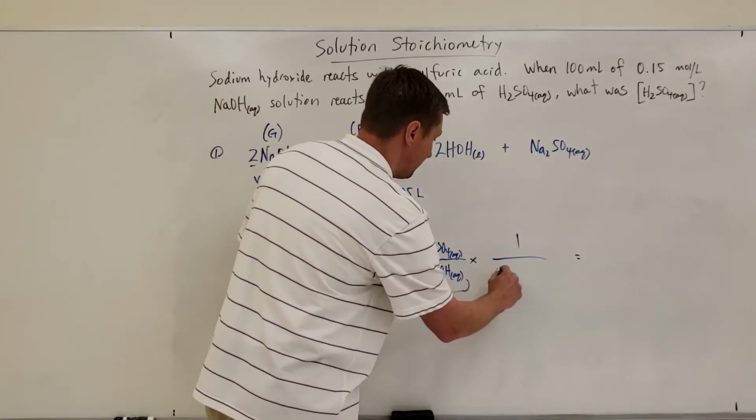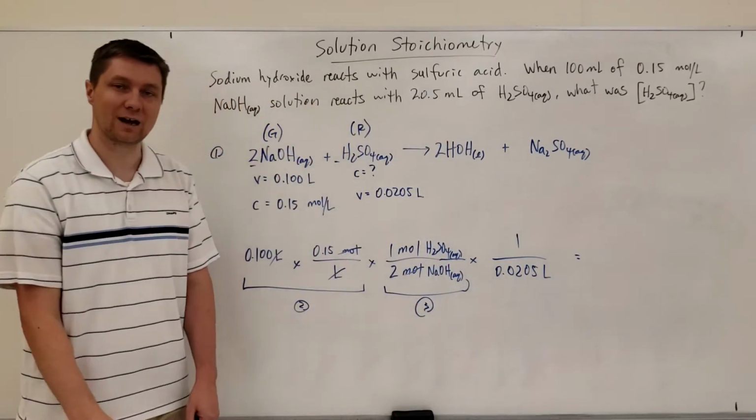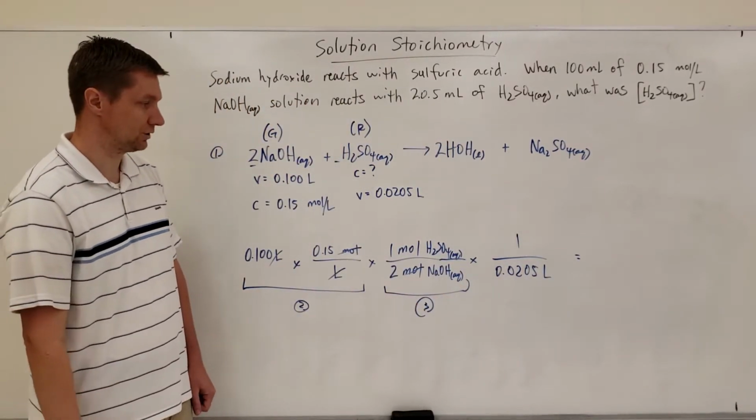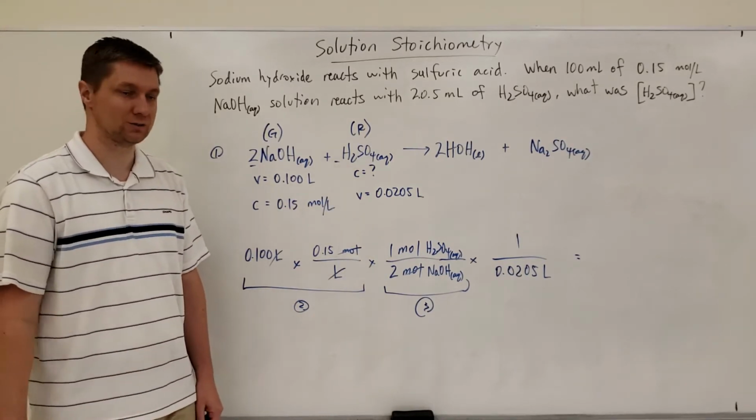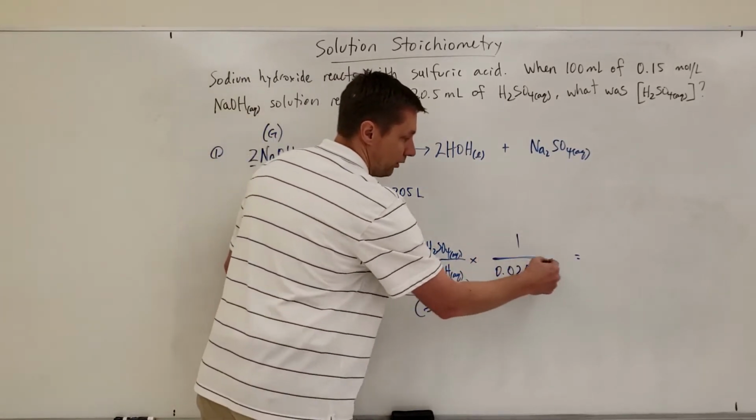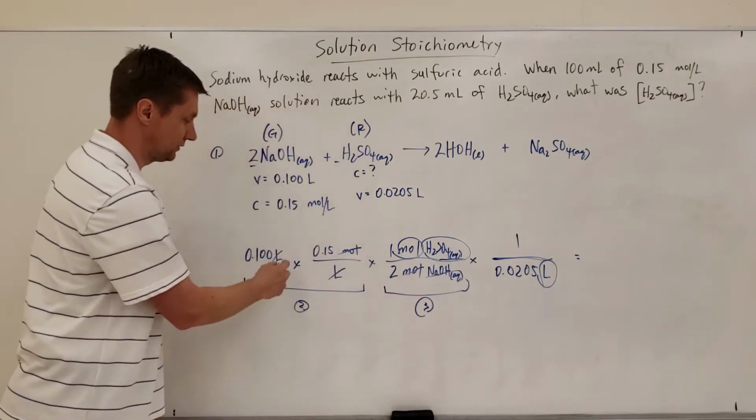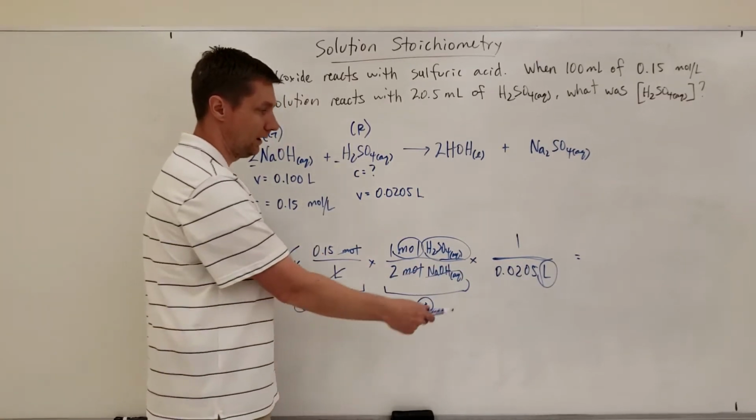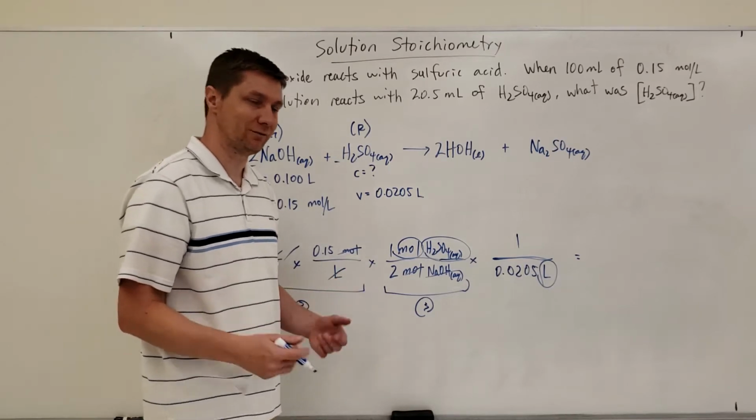And I'm just going to divide by how many liters I have in the question, which is 0.0205 liters of sodium hydroxide solution. And then you can see I've got moles per liter of sodium hydroxide. That NaOH canceled out over here. And you plug this into your calculator and you end up with 0.37